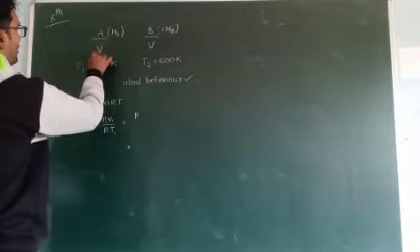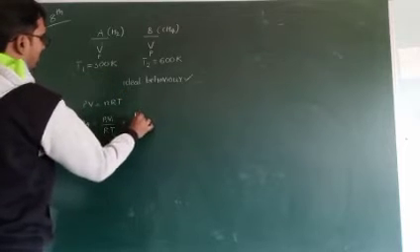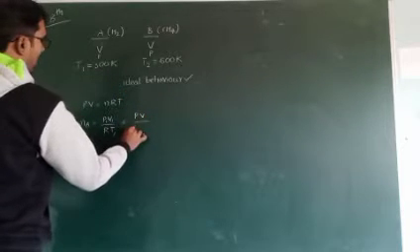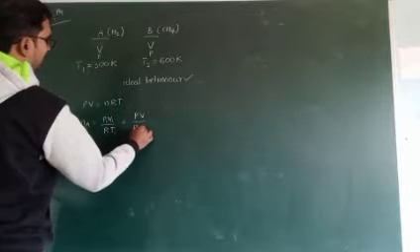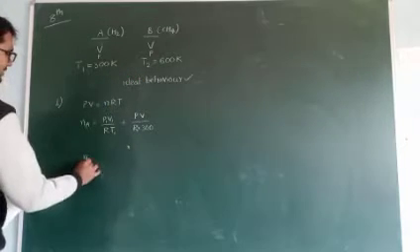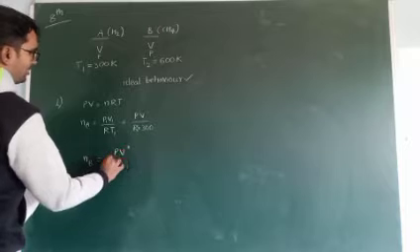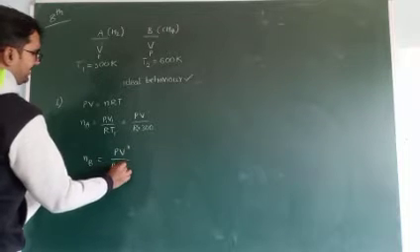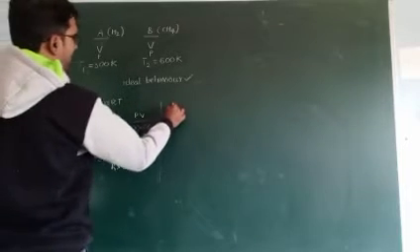Since pressure is not mentioned, pressure is constant. Volume is also constant, and R is constant. T1 is 300. For NB, for calculation of number of moles, here also pressure and volume are constant, R is constant, and temperature is 600 Kelvin. Now calculate Na by NB.